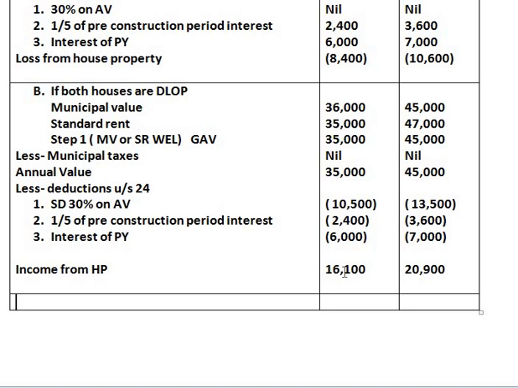Whereas the income of whichever house property is less should be taken as deemed to be let out property, because the assessee will have to pay lesser tax on deemed to be let out property. Therefore, our conclusion is